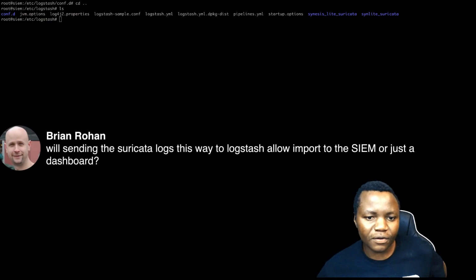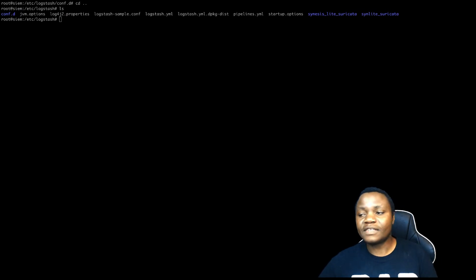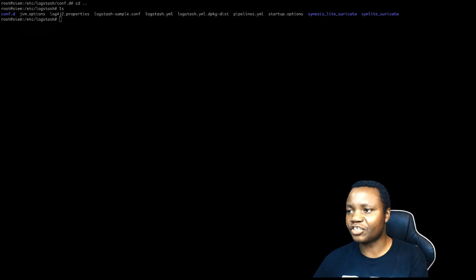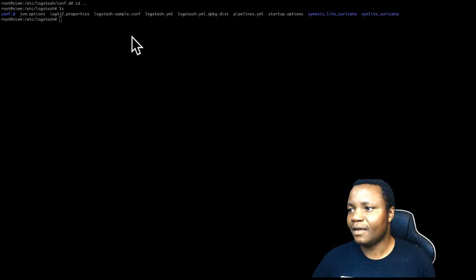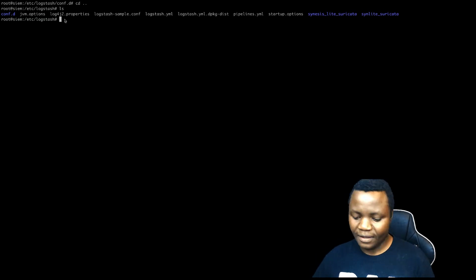We were sending the logs this way to Logstash, allowing import to a SIEM or just a dashboard. So yes, you can import this dashboard by sending the logs this way. You can import this dashboard exactly the same way by following the steps that I will share with you in a document. Yes, there's already a template that somebody created that you can use without any trouble. So yes, the way I showed you works exactly. So in here,